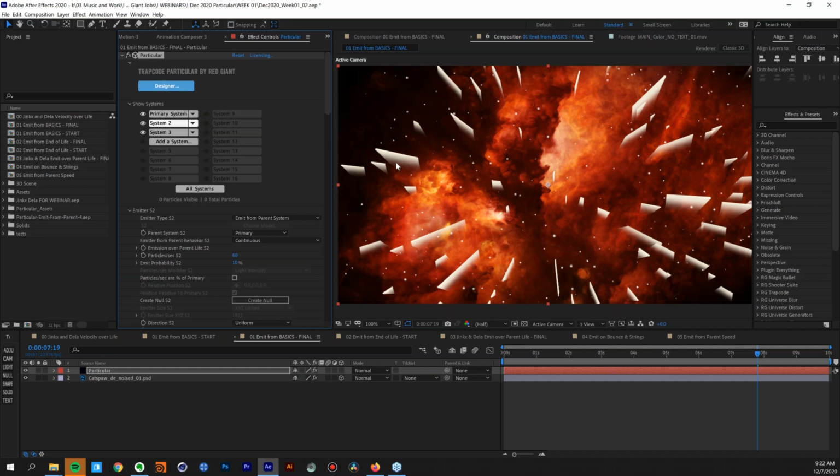I still am not sure if that was a good idea or not, but just to show you what you can do: I have the main particle that's the star from my primary system, and then primary system 2 is the streak, and then primary system 3, if I click on system 3 here, is using system 2 as the parent, and now it's creating these